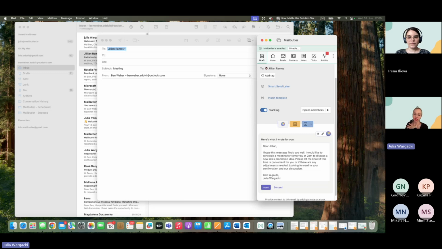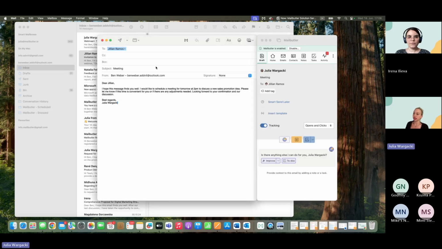Now, the Smart Assistant can do even more. The Smart Assistant can personalize my email. For that, I would click this button here. This is the tuning button. And here I can basically adjust the style of my email, casual or formal, the tone, friendly or neutral, the length, long or short, and more, tailoring the message to fit the recipient and the occasion with just a few clicks. So when I'm happy with my email, I can just click insert here to insert this into my email